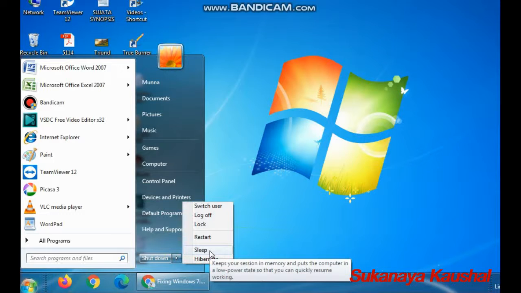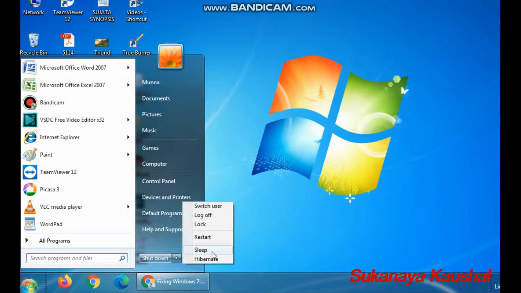In the next we have the sleep option. What is this option doing? In the case of sleep, whenever your system is in a low power state and you start the PC again, it is going to preserve the files, programs or windows in the same state, and it never leaves them. And in the case of hibernate, it is going to hibernate your system whenever you are not working, so it's just going into sleep mode or hibernate mode.